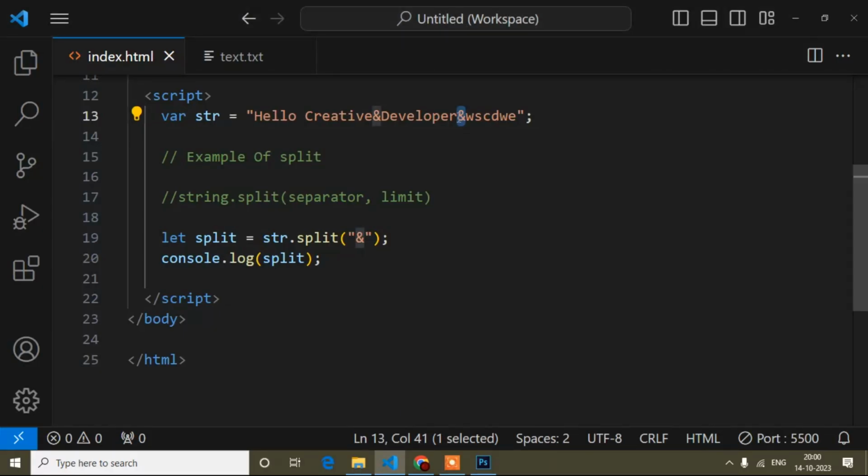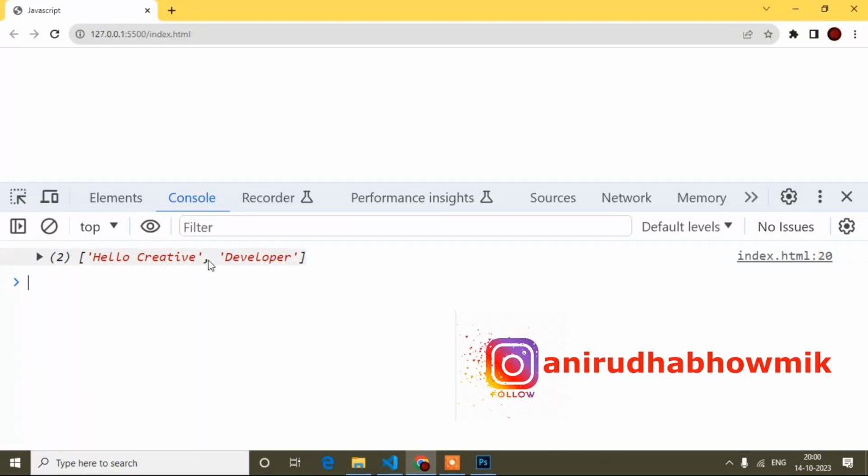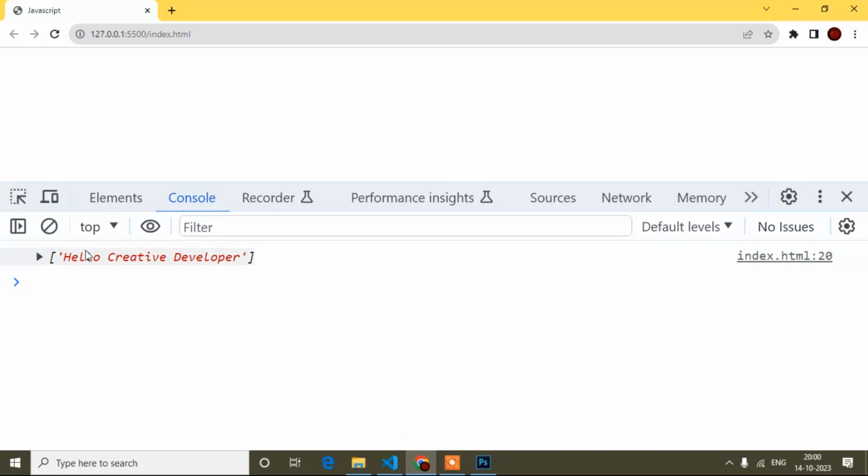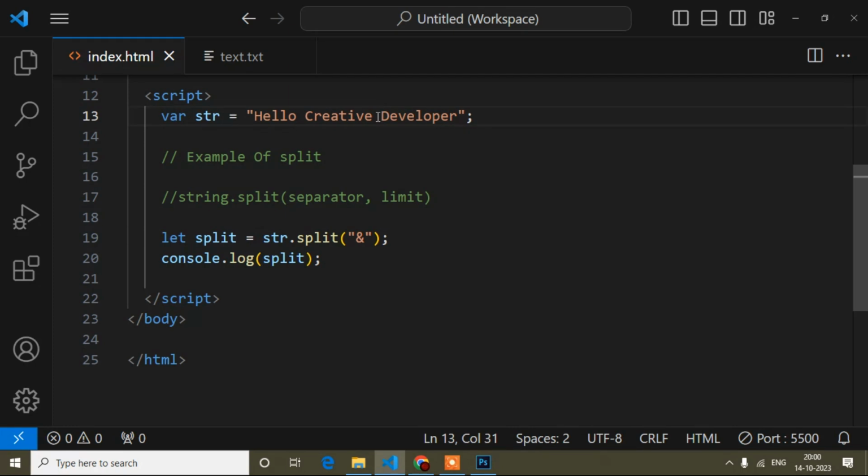If I remove the AND words from here, it will split only two values, and it converted into an array. That is the split method. Now if I remove the AND, what will happen? See, it did not split, right? Because it is not getting AND, that's why it is not split.